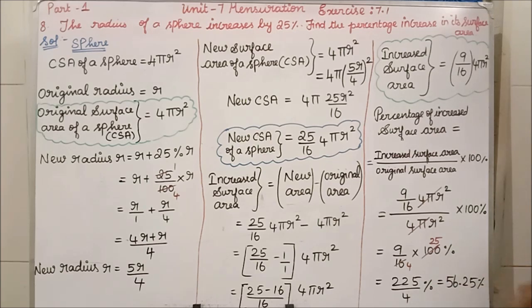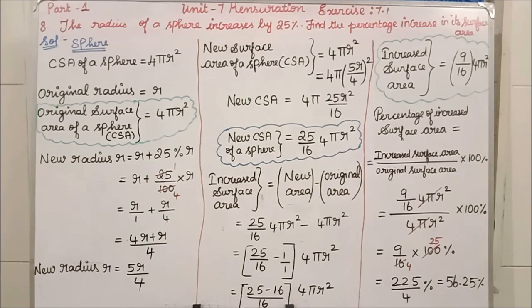So after dividing, this is normal division. Okay, so you have to do it on the side. Since I am not having the space, it is normal division only, you can do it by yourself. So if you divide, I am getting 56.25%. Clear all of you? So how much is the surface area increasing now? 56.25% it is increasing. Clear students all of you?